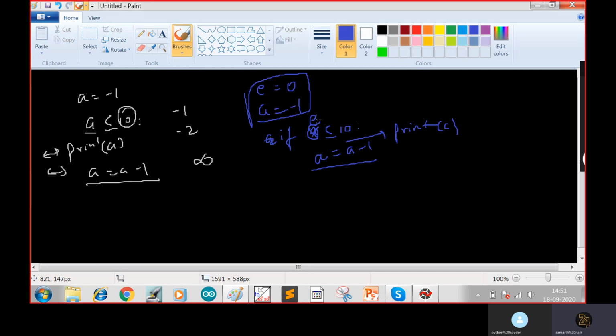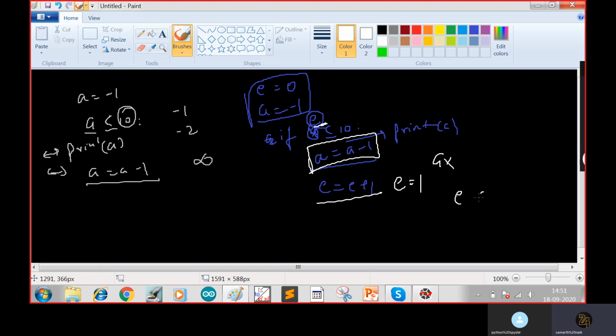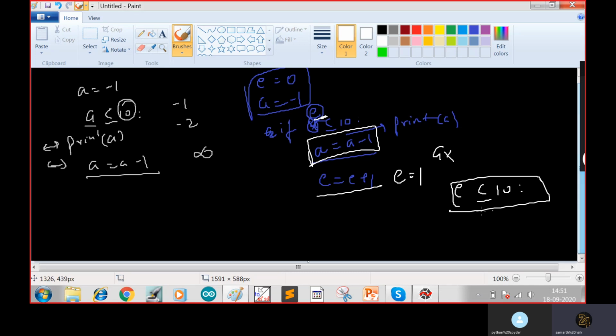But e is just a counter for us, not for the user. So we need to do e is e plus 1, so it will keep incrementing. Now the value of e is 0, so now e will be 1. It does not care what the value of a is. A is completely useless for it. It'll only check the value of e which is given to it. So first we'll check is 1, it will go till 10, and once it reaches 10, the program will get closed.